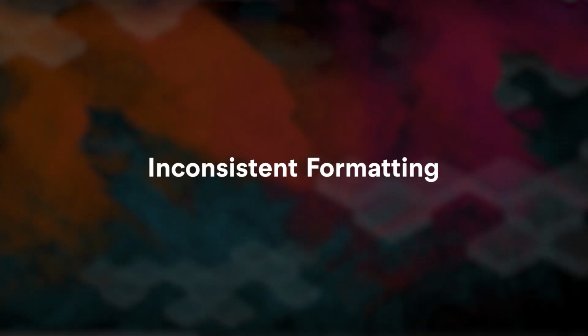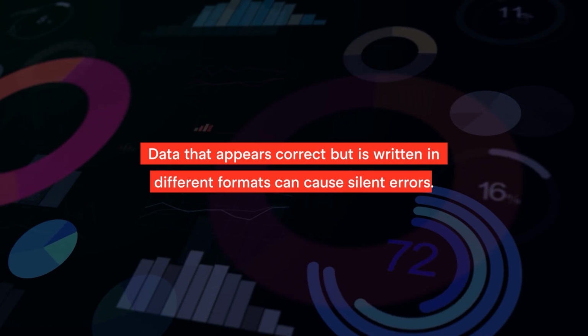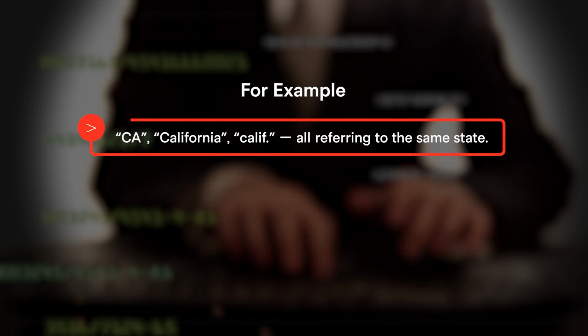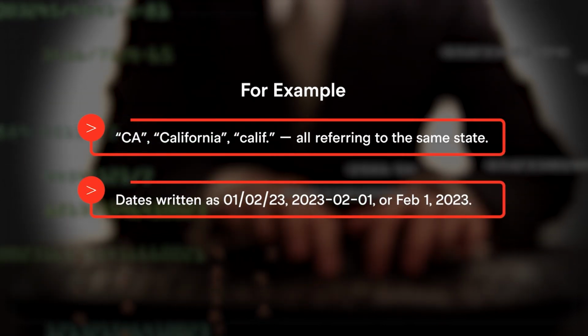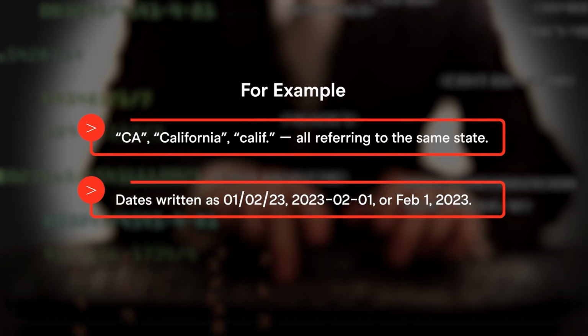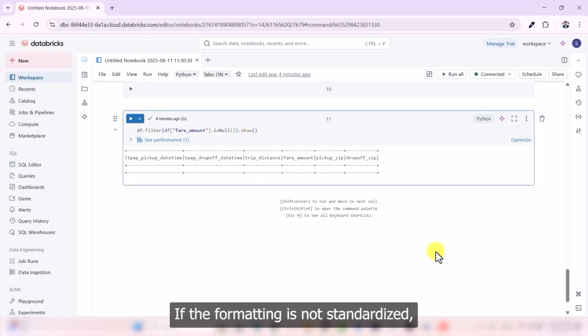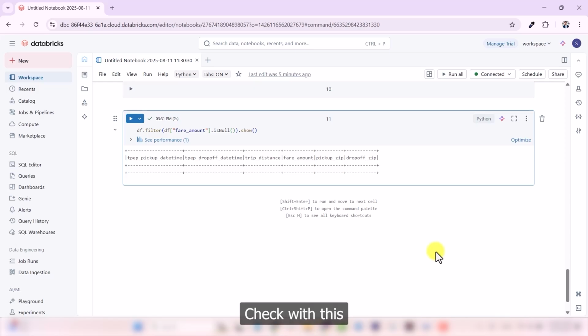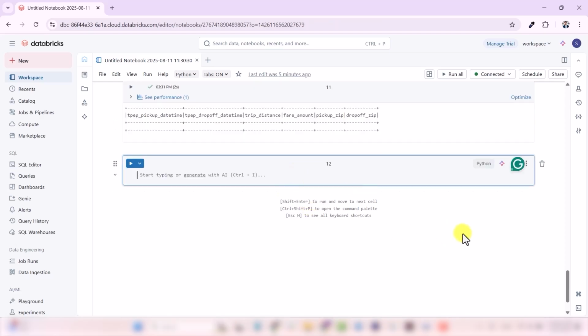Inconsistent formatting. Data that appears correct but is written in different formats can cause silent errors. For example, CA, California, and Calif. all referring to the same state, and dates written as day, month, year, year, month, day, and month, day, year. If the formatting is not standardized, grouping or filtering by values will give confusing results. Check with this. You can just add another code cell and type in here